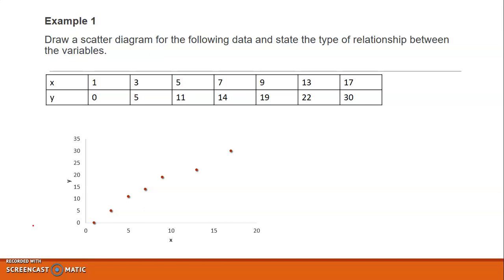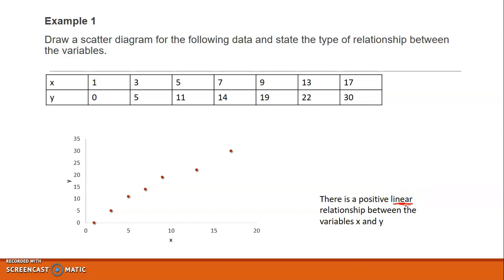Okay, next you must identify the type of relationship, whether it is positive or negative relationship. So for this one, the graph shows an increasing pattern. Okay, pattern yang menaik. So we can say that there is a positive linear relationship between the variables x and y. Okay, you must also include the word linear here because linear